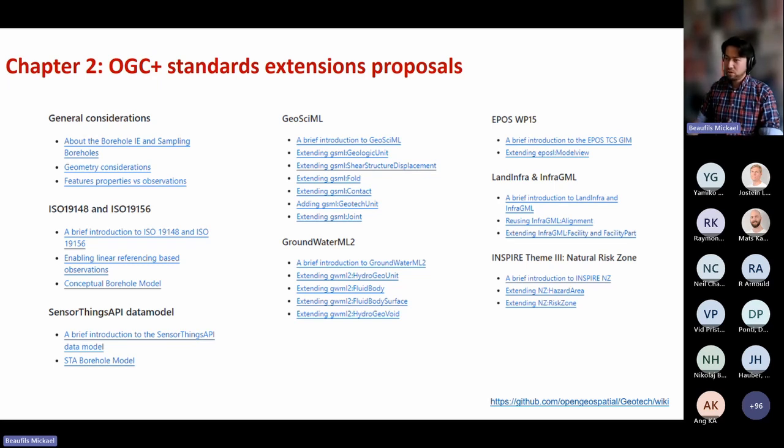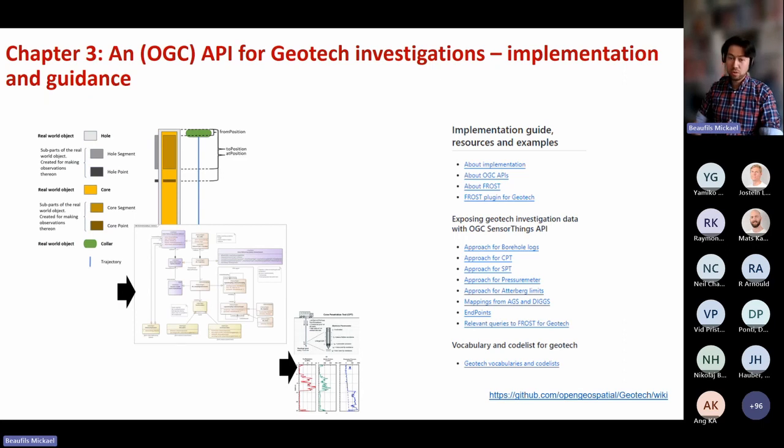And one other activity we had was to work also together on the use of API, especially one OGC API, in order to provide the geotech investigation. So we had a common activity that was to take real data from borehole logs, CPT, SPT, pressure meter, and to see how they can fit to that API.